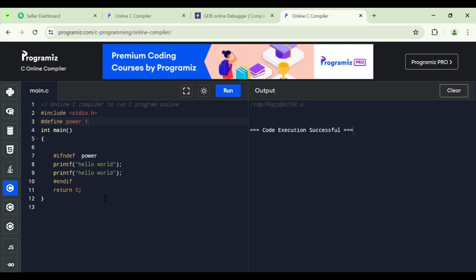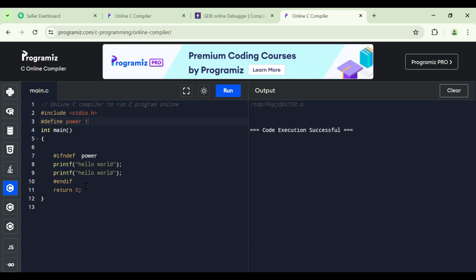So this #ifndef and #endif block is used to conditionally execute a part of the program depending on whether the variable we check in this block is defined anywhere in the program. If it is not defined, then any statement between #ifndef and #endif will be executed. If the power variable, or any variable we write in front of #ifndef, is defined anywhere in the program, then the program will skip this block and continue its normal execution of the rest of the program.